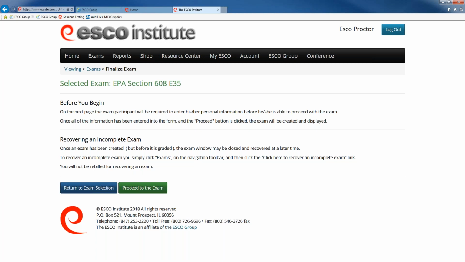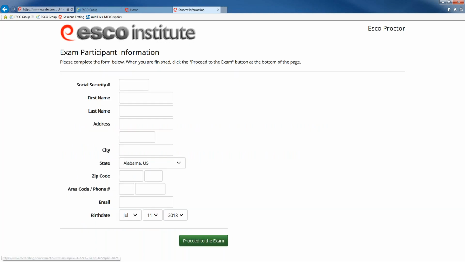It tells you that on the next page the participant will be required to enter their information, and if something were to happen and the exam became interrupted, there's an option to recover an exam. You would hit the green Proceed to Exam button, and this now brings up the candidate information page.